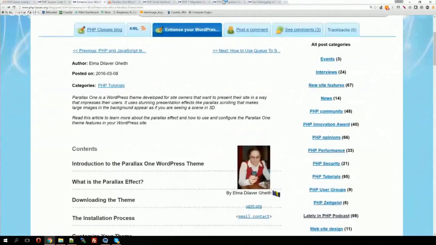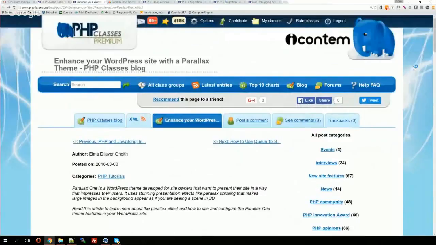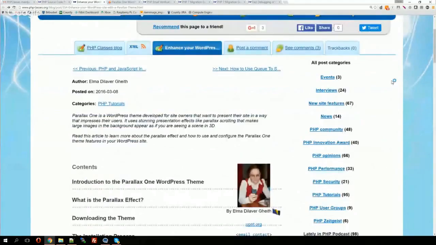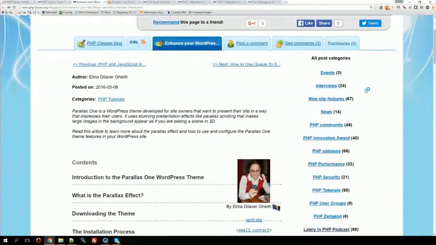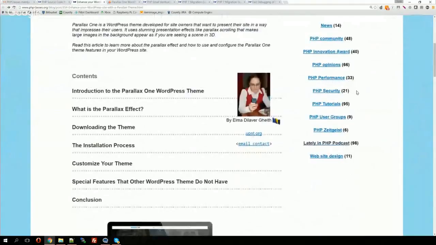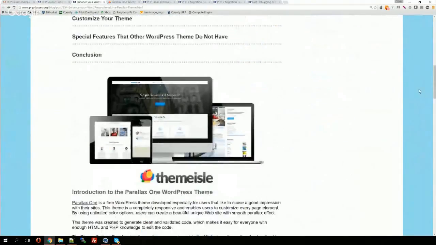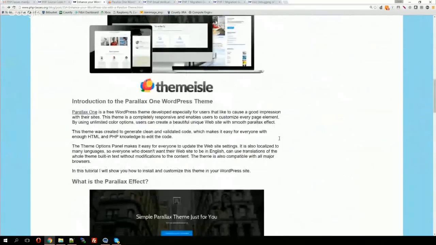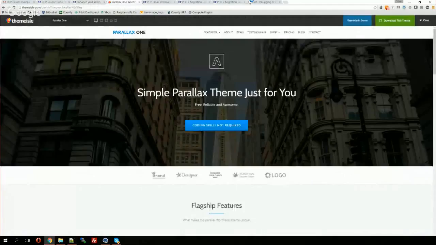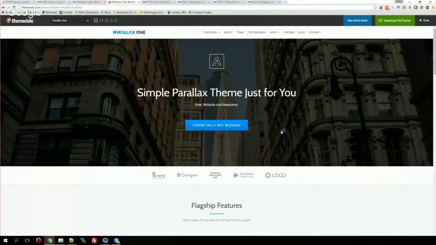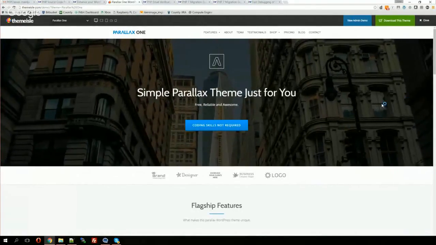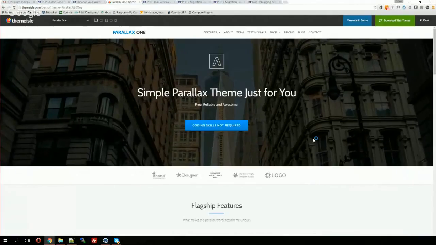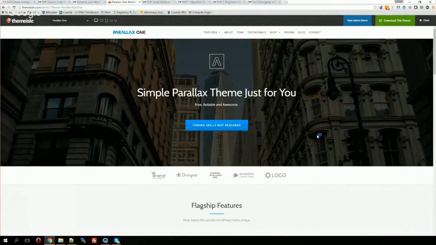And the next article I want to comment on is Enhance Your WordPress Site with Parallax Theme, and the author is Element Delaware Keith. Basically this article describes a theme for WordPress with the parallax effect. It's easier for me to show than to explain. So this is the theme, and on mouse move, the images move at different speeds, creating some kind of 3D